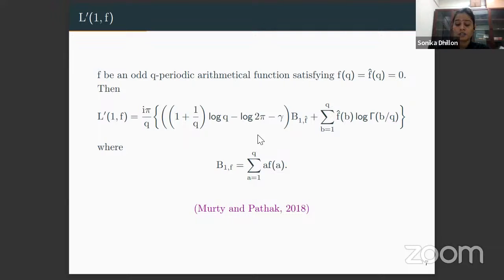Now, if you consider the first term, for any fixed q, this is basically a constant. And for this constant, there is an algebraic term attached. And then we have a log linear combination of gamma values. So one can get rid of that constant term attached with the algebraic term. If we take two functions, say f1 and f2, and then multiply by the suitable constant, we can get rid of these numbers. But the main thing is how can we solve this kind of equation? Like, what can we say about the logarithm of gamma values?